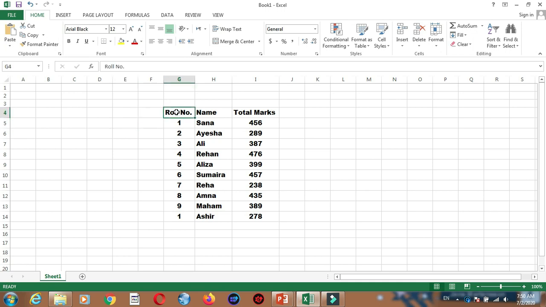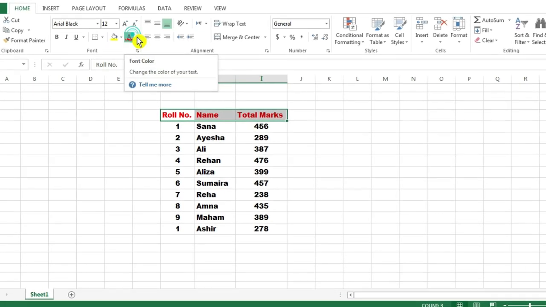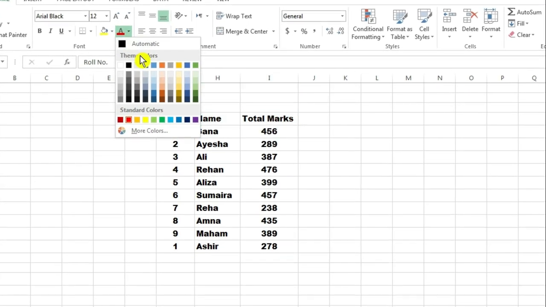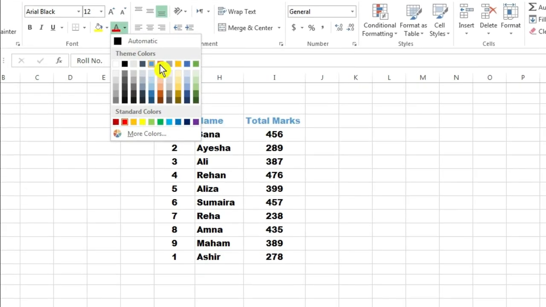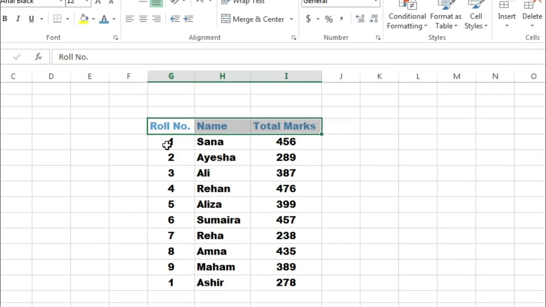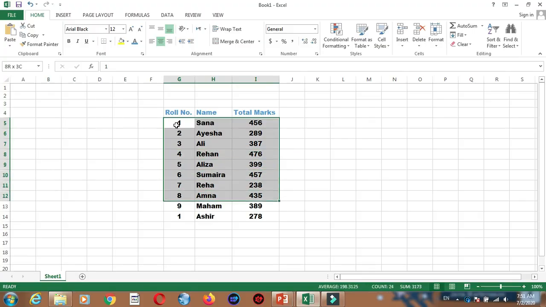So students, now I'm going to change the font color. I want a separate font color for the heading. In the same group of font there is an option of font color. Now I'm going to select blue color for my heading and again select the whole list for another color.